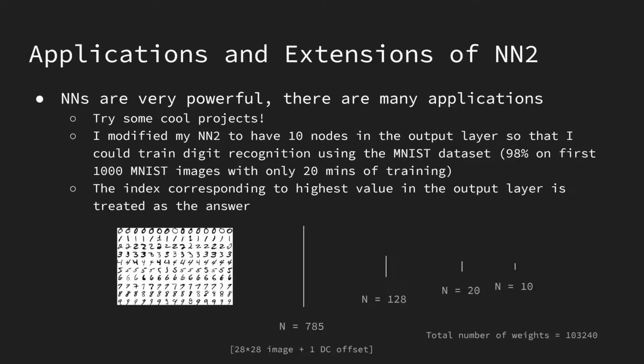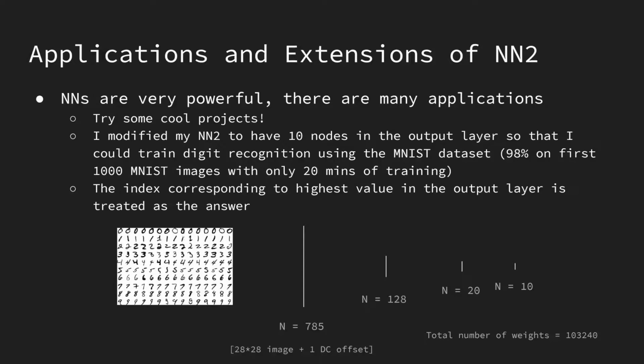And so, in this case, I was curious, how big would my neural network be? So to calculate the total number of weights, you just multiply each layer by the layer after it, and then add them all at the end. So 785 times 128 plus 128 times 20 plus 20 times 10, and that ends up giving you 103,240. So that's how many nodes I had, and that's what enabled me to